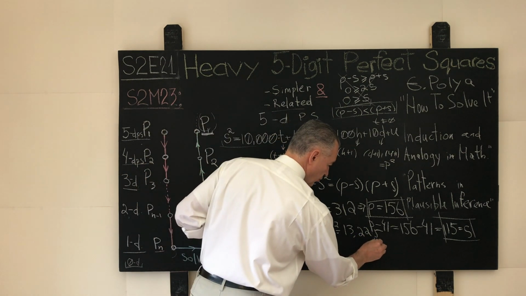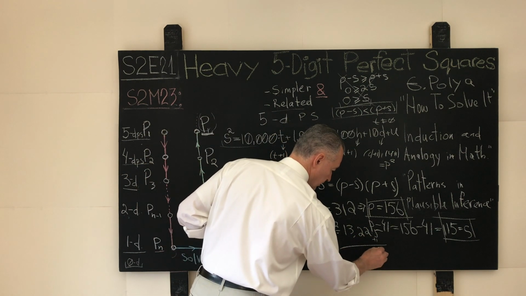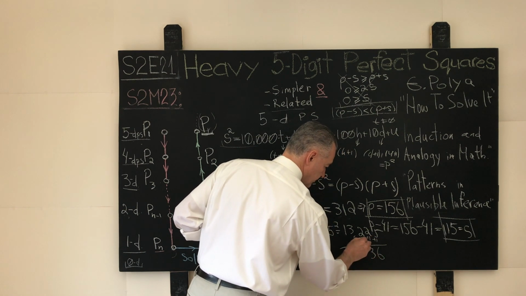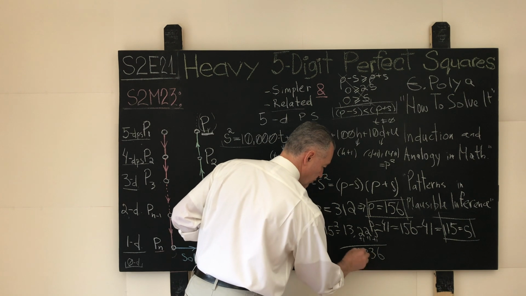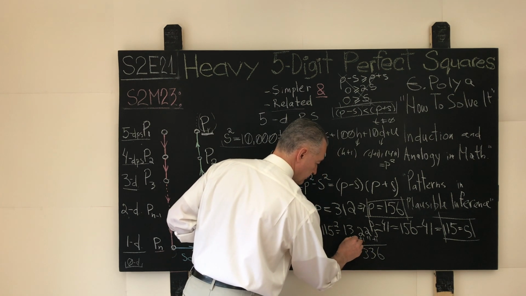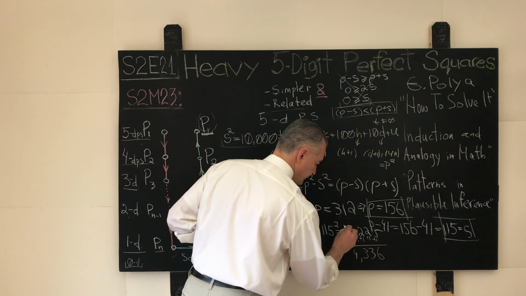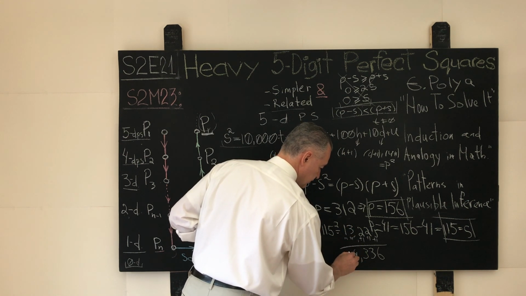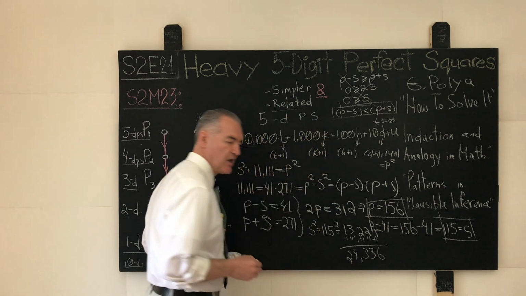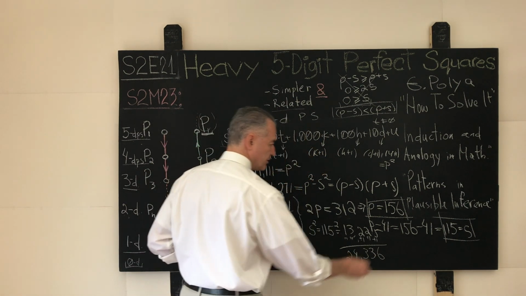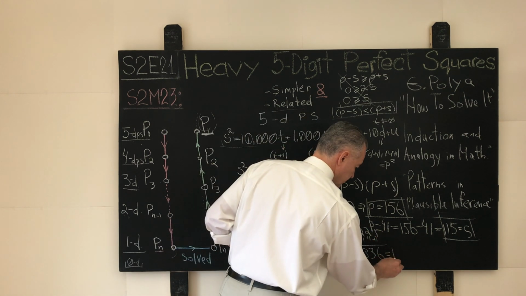So here we add 1. What do we have? 5 plus 1, 6. 2 plus 1, 3, no carries. 2 plus 1, 3, no carries. 3 plus 1, 4, no carries. 1 plus 1 is 2, 24,336. And lo and behold, this is precisely